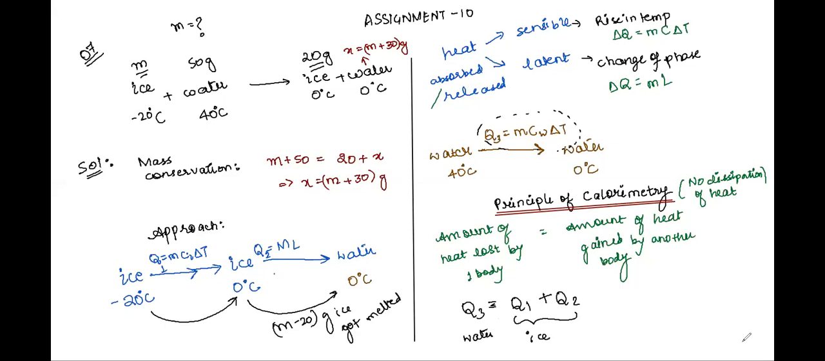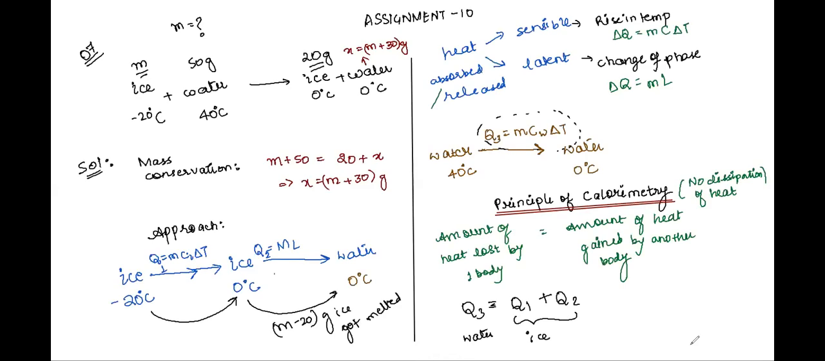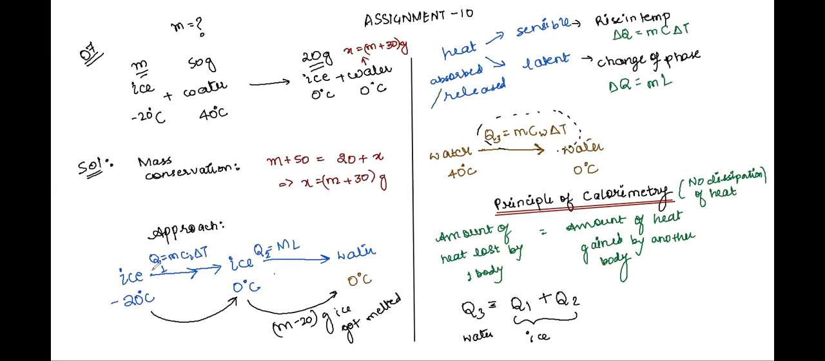So now, in our case, what we'll do is just put the values in the expression. So we have Q3, the amount of heat released by water, given by m, let's say m_w, the mass of water, into specific heat capacity of water, into delta T for water. Similarly, let us substitute the values of Q1 and Q2. Q1 is the amount of heat gained by ice as its temperature rises from -20 to 0 degrees Celsius. So we have m_ice, c_ice, delta T ice, plus